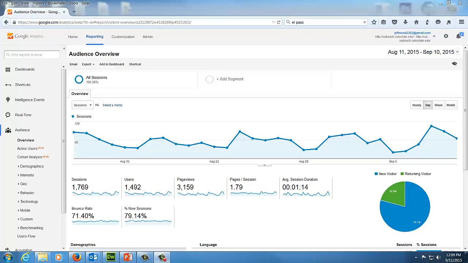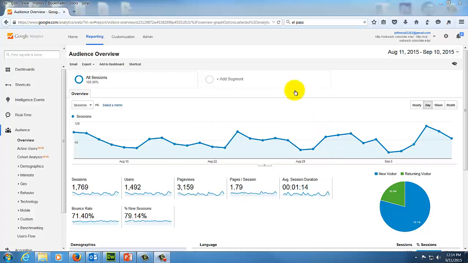In this session, we're going to be dealing with how to add Google Analytics code onto your website. But before I show you how to do that, I want to quickly give you an overview of what Google Analytics actually does. This is the main dashboard you'll get when you set up any Google Analytics account, and at its most basic, it graphs over time how many sessions and what the behaviors are of the people visiting your